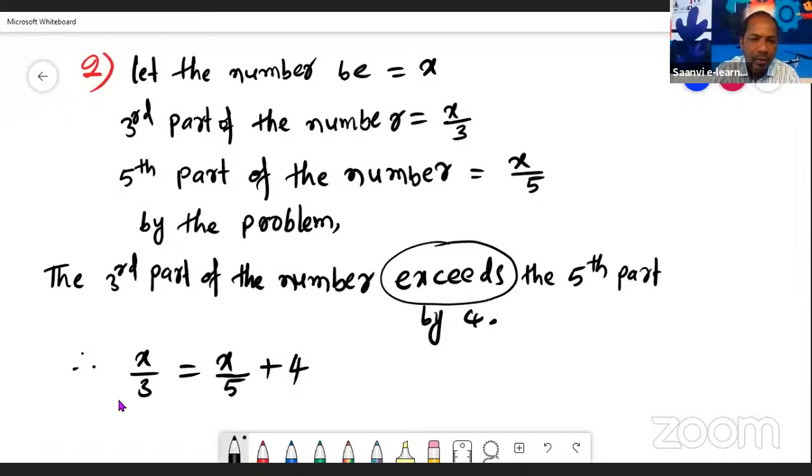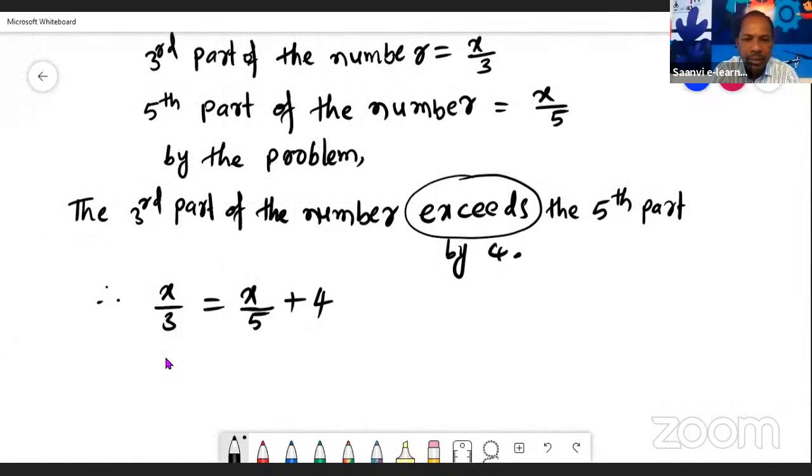Okay, children. So that number we have to find out. That number we have taken as x, no? So all the x terms you send to the left side. Why? Because we have to find the x value. So here one term, x by 3, is there. And this plus x by 5, send this side. It becomes x by 3 minus x by 5 is equal to